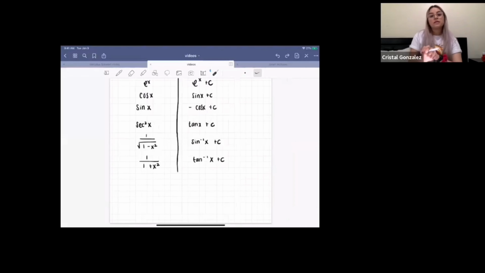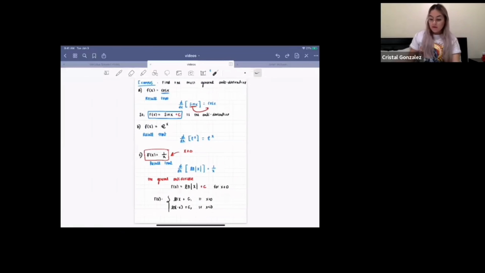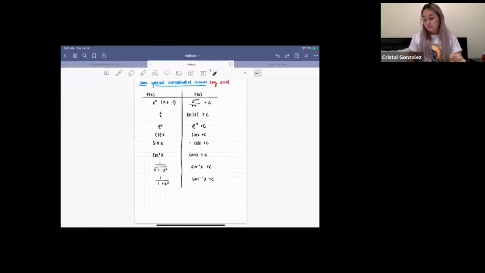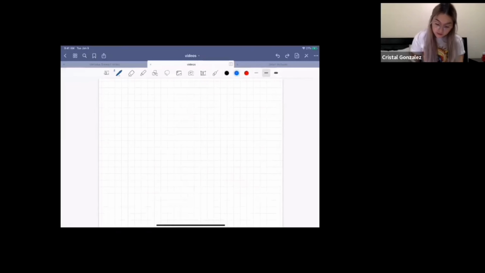Okay, so now let's do a big one. Before, when we did a couple of these, they just included one function. Now what I actually want to do is a big example of a random function that includes some of these. Let's do an example. Let's do find